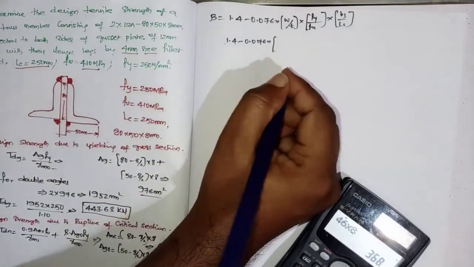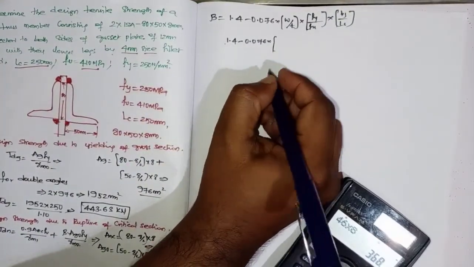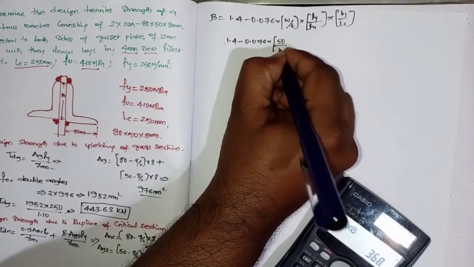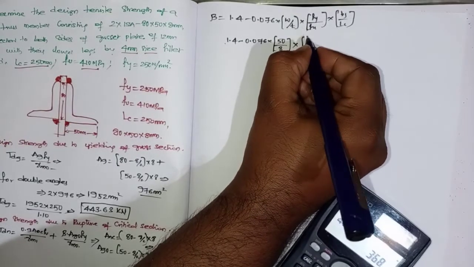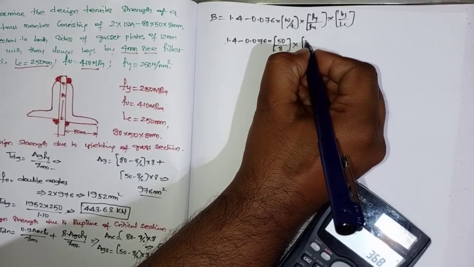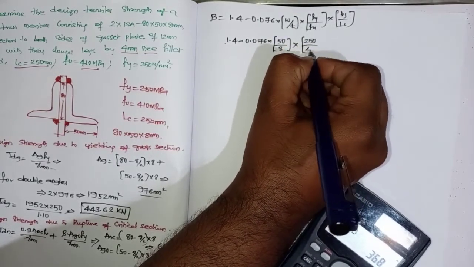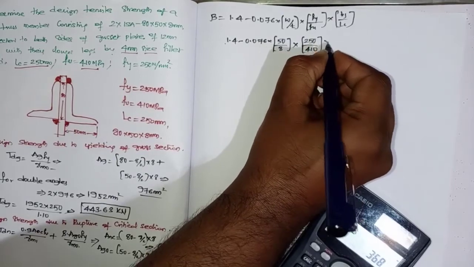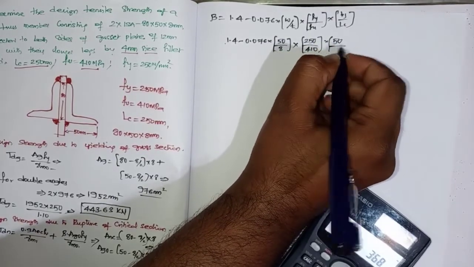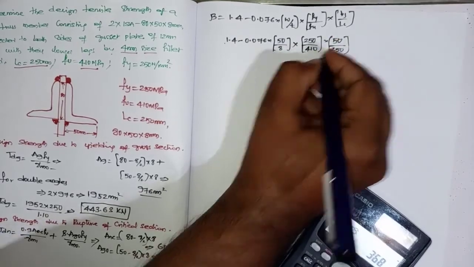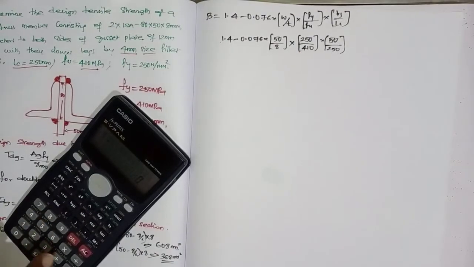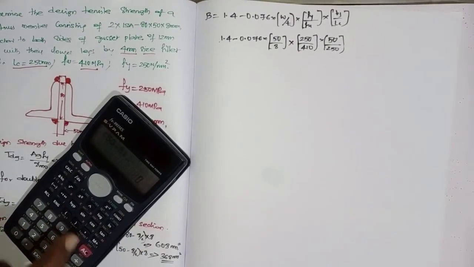This one. Okay, 50, thickness of plate 8, into Fy, how much it is? 250 divided by 410, into 50 divided by, what is the length Lc given? 250. So if I solve this one, 50 divided by 8 into